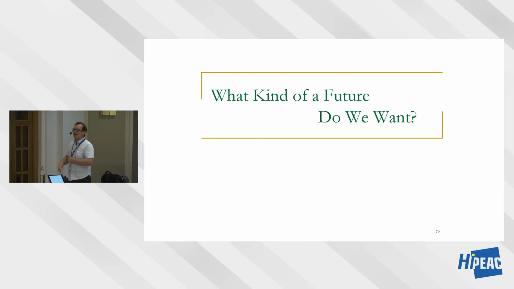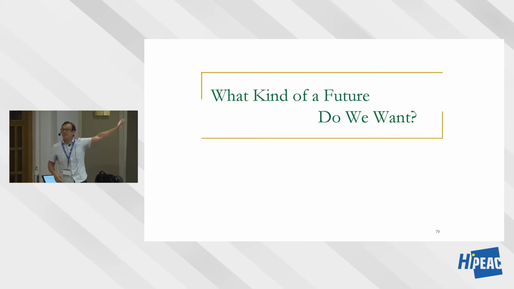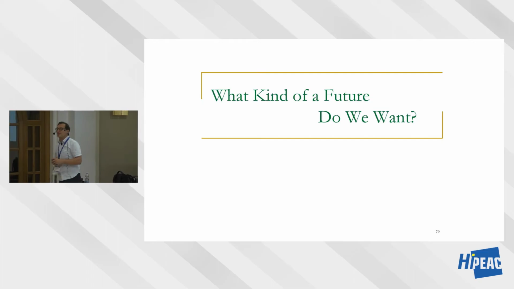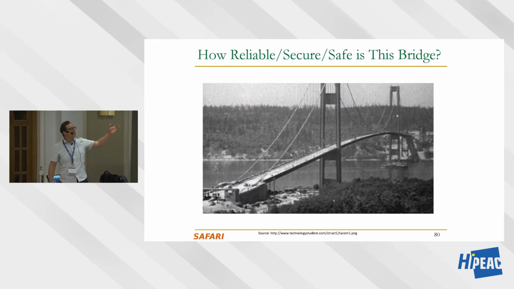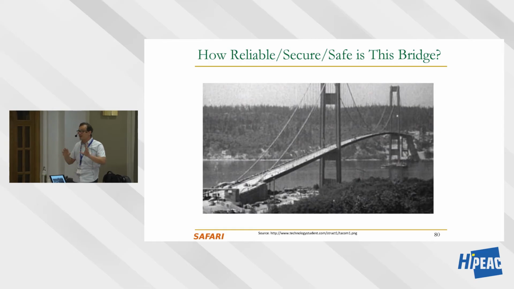Okay, so let me now switch gears. So that's what's happening today. These are different platforms, and we should imagine new platforms. But how do we imagine new platforms? I think we should really think about what kind of a future we want, right? I like using this picture. This is a bridge. It looks beautiful. It's infrastructure. And bridges are infrastructure that human beings have been building for thousands of years. We've been doing computing for only 80 or so years, in the electronic form at least.